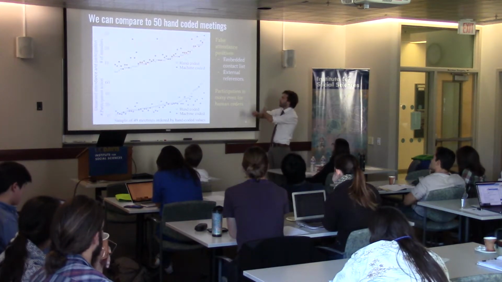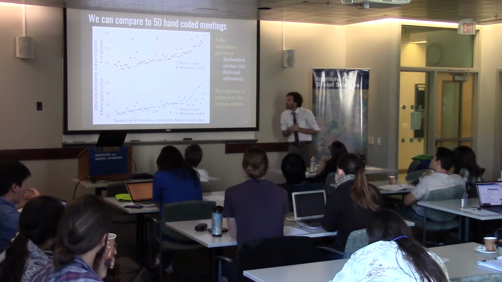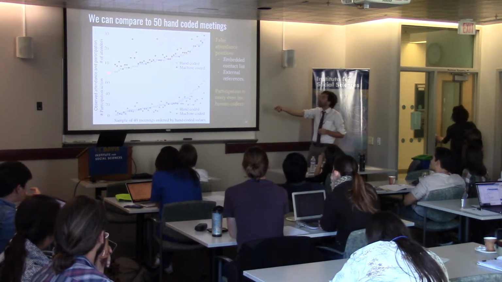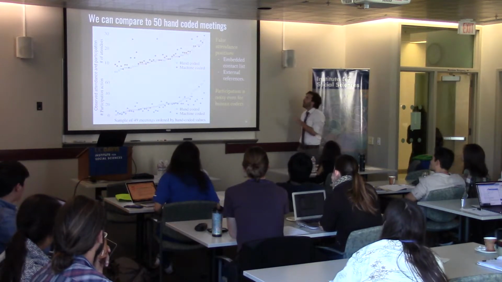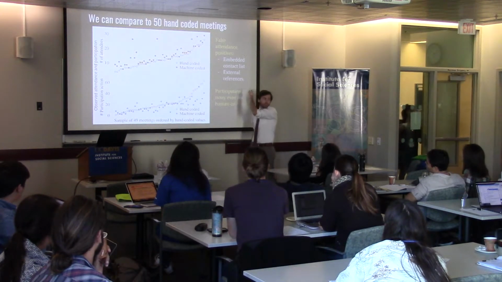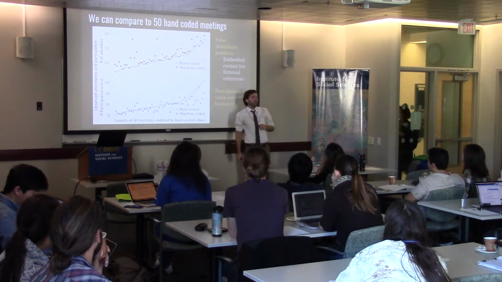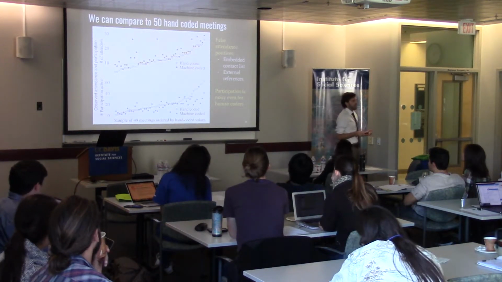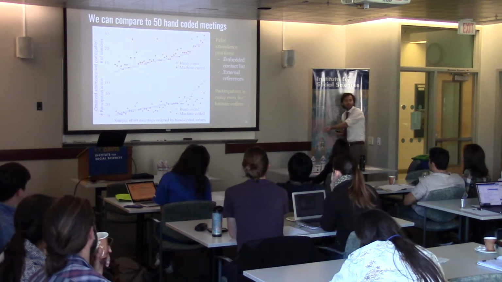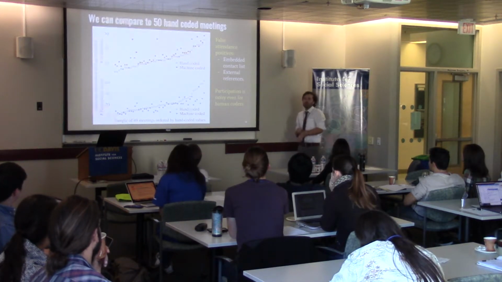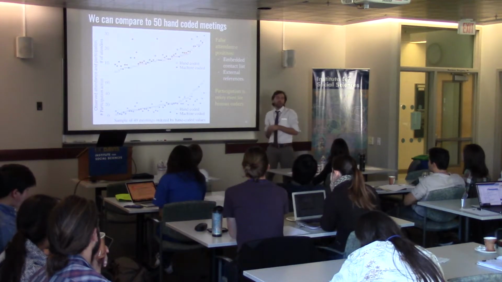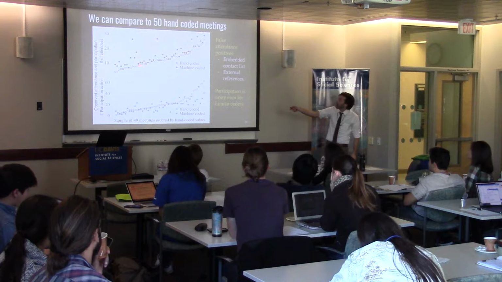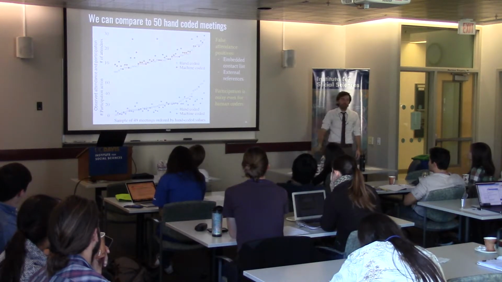So a quick snapshot of how we're doing when we actually try and run these things. We hand-coded 50 different meetings. On the top you can see how we perform with respect to attendance. The machine has false positives, but it doesn't have false negatives because it's not going to generate a name out of thin air. So it's only going to find cases where someone wasn't actually in the meeting, but their name came up. So it might be a reference to President Obama, or it might be someone saying, let's invite so-and-so next time. And so that's why the hand coding tends to track below machine coding, is because some of those